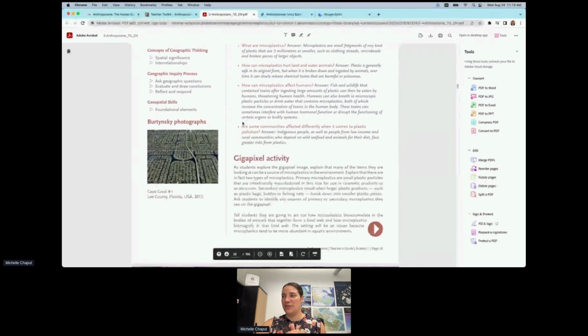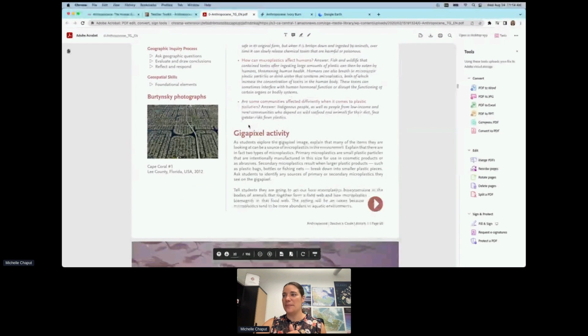One thing I want to point out here is that there are recommendations to use the online gigapixels and also the physical giant gigapixel that we have printed that's available to you. So the image is the same as the Scarborough transfer station that I showed you earlier, and it's just like a 5 by 8 meter.